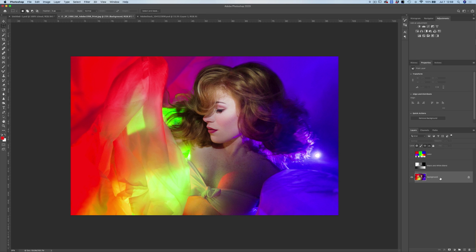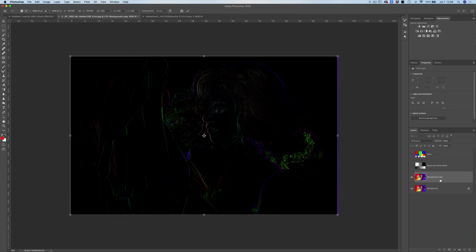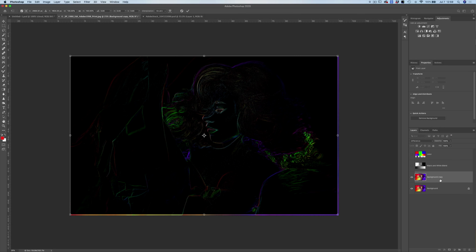So if I have my background layer here and I want to duplicate this layer, I'm going to click and drag and drop it on top of the add new layer icon. And then, with 2 layers that are exactly the same, I'm going to select my background copy layer and change the blend mode from normal to difference. Now you can see over here on my screen that it's completely black, but as soon as I nudge the background copy layer, I'll hit Command or Control T to transform, and then use the left arrow key and then the up arrow key. I hit each of those arrow keys 3 times.